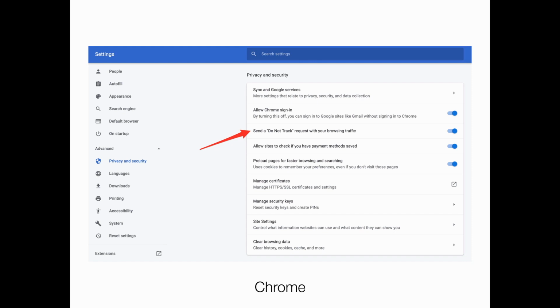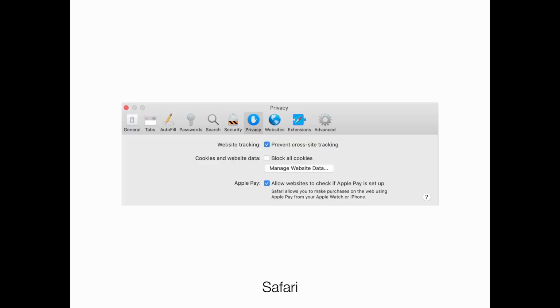If you're in Chrome, it's available under your advanced settings under privacy and security. You can send this do not track request with your browsing traffic. So it's a way of saying, no, I don't want that. Please don't install that. Please don't track my stuff. Now, that also means that your ads might be random, as opposed to you getting ads for things that you're not interested in at all. And so maybe that's a good thing, maybe it's a bad thing. From a privacy standpoint, it's kind of nice not to have somebody tracking you.